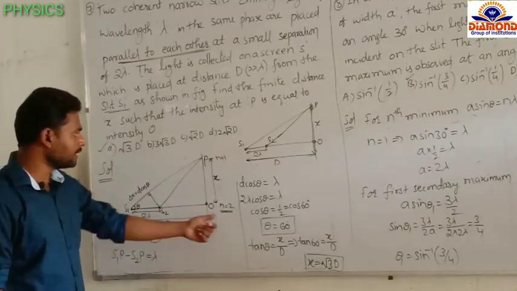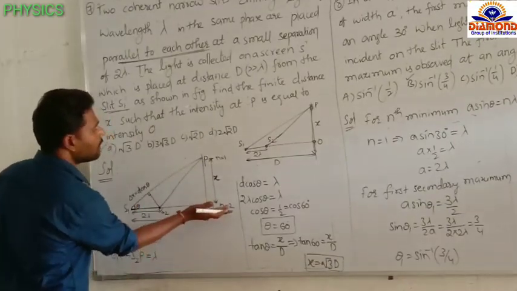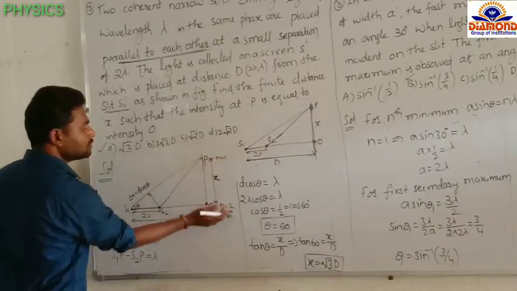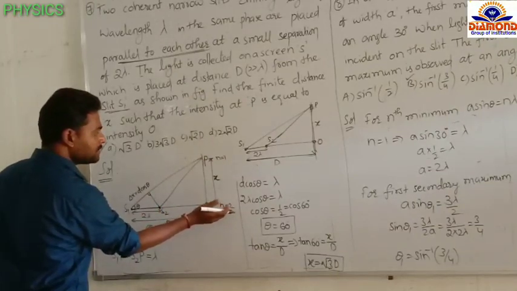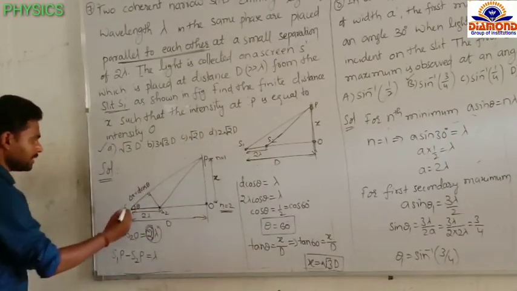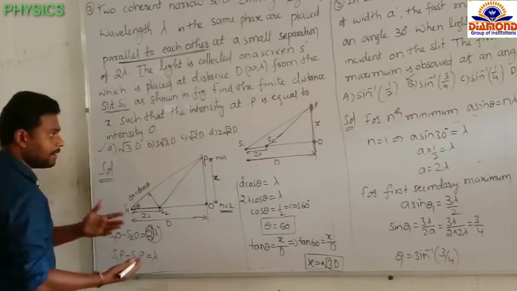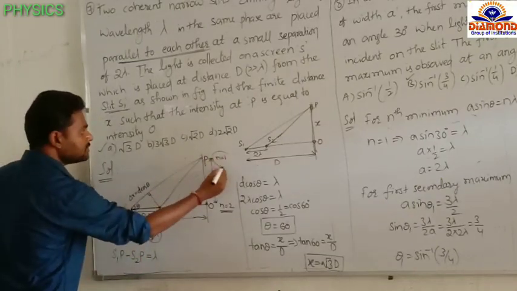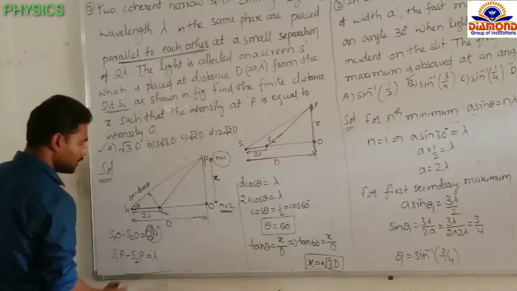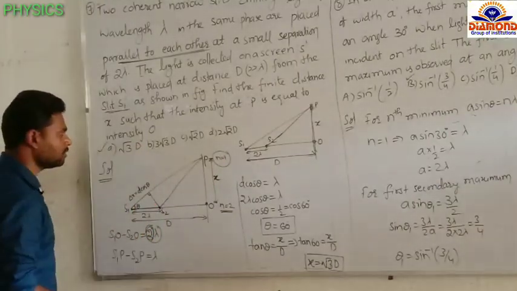So n equal to 2, we are getting the second bright fringe. To get the next bright fringe, the fringe order decreases. Second bright fringe means the next will be the first bright fringe. So now the path difference S1P minus S2P equal to n lambda, but here we are going to get the first fringe. So n equal to 1, so I am writing directly lambda. So S1P minus S2P equal to lambda.